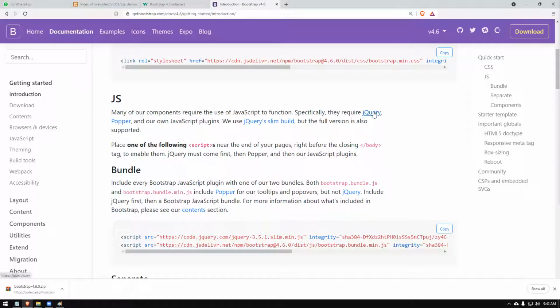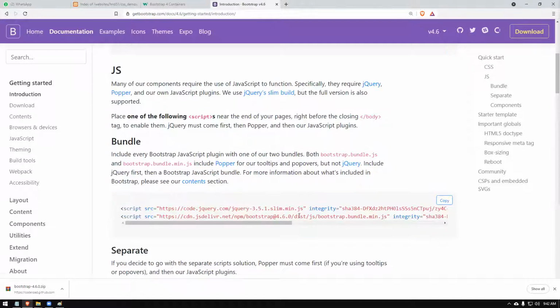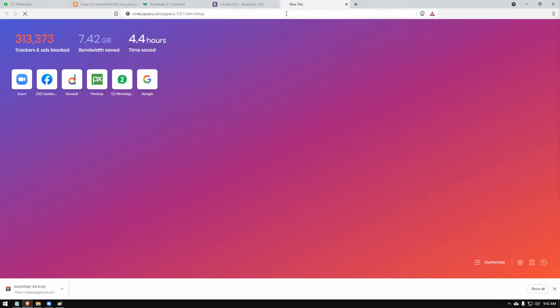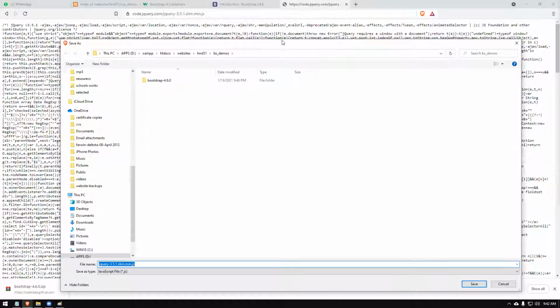So you can just click on this and download and put that. I'm going to take it from this link. I'm going to copy this link, and I will paste it here. Then that is a JavaScript file. I'm going to right click and say save as. You don't have to do this. I will give you the file now.